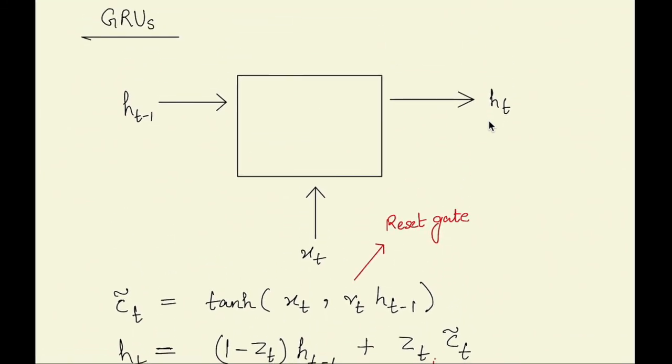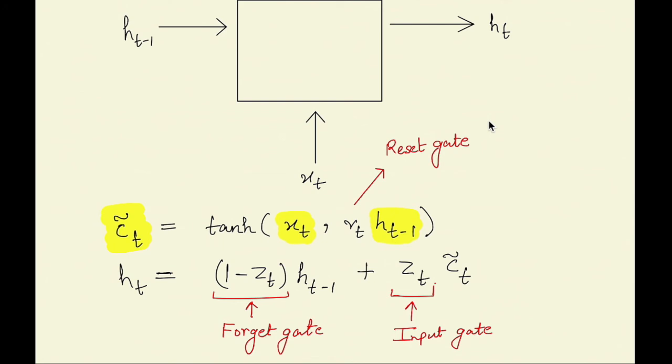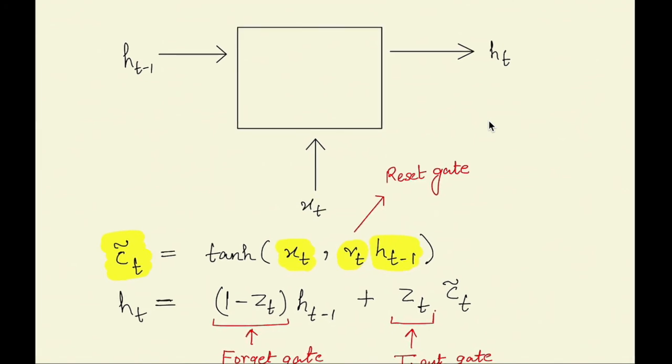we first find a candidate C dash T, and the only trick is that instead of finding the candidate based on the current input and the previous hidden state, the candidate depends on some of the previous hidden state. So reset gate is again a gate which gives the output 0 to 1, and it tells us how much the candidate should depend on the previous hidden state. And so the thing is, candidate depends on two things, xt